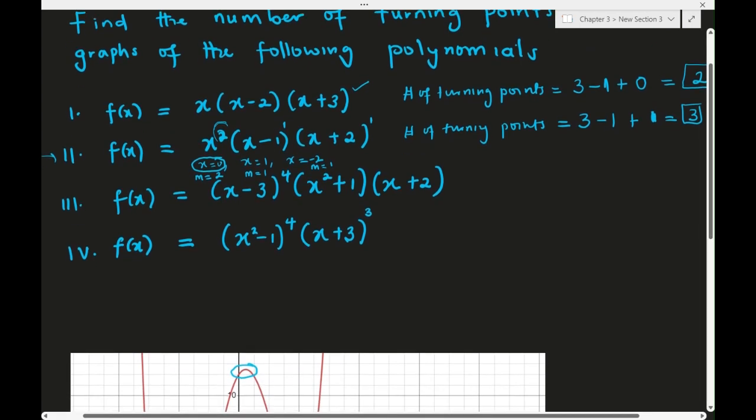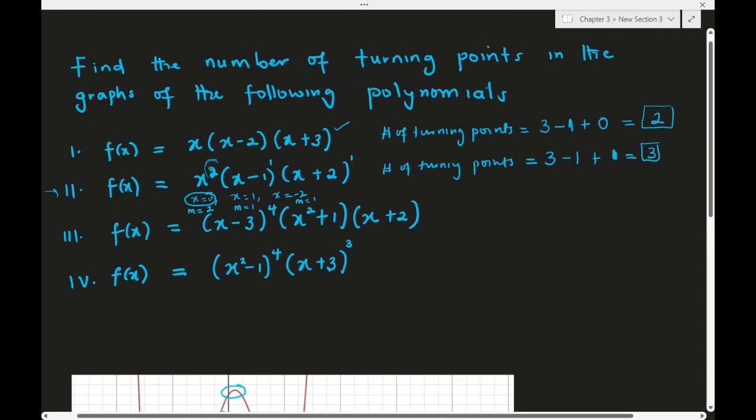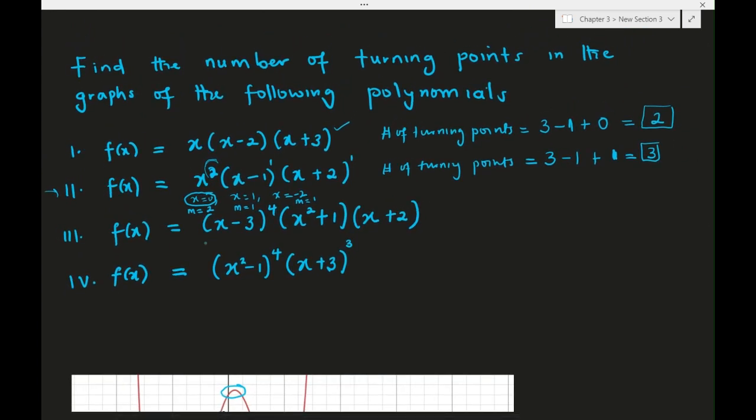Okay, now number 3. For number 3, we see that what are the zeros? We can see the zeros from here. x equals what? 3. x equals to, now if you look from here, this is x squared plus 1. So you don't have a real 0 here because this will give you a complex 0. So you don't need to worry about it. Just go to this one. From here we can get x equals minus 2. So it means the number of turning points